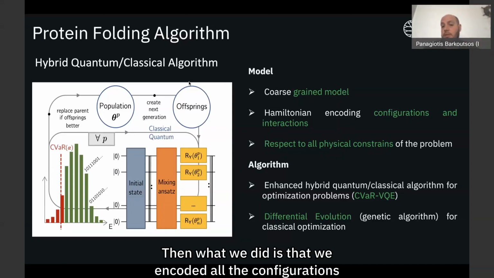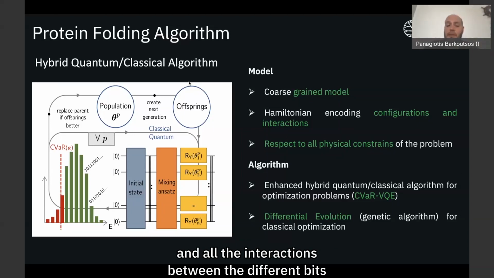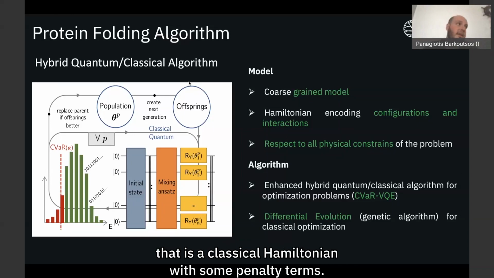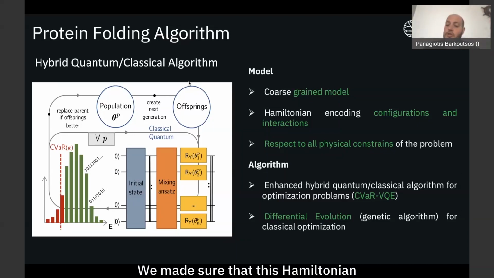Then we encoded all the configurations and all the interactions between the different beads in this particular lattice in a Hamiltonian that is a classical Hamiltonian with some penalty terms. We made sure that this Hamiltonian